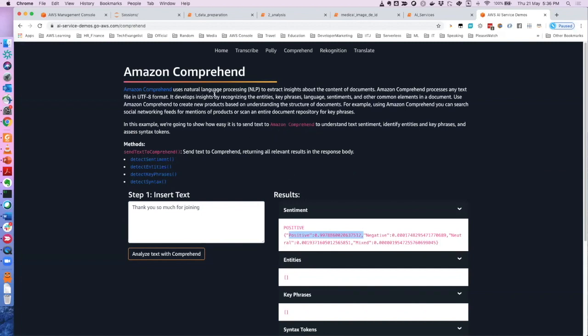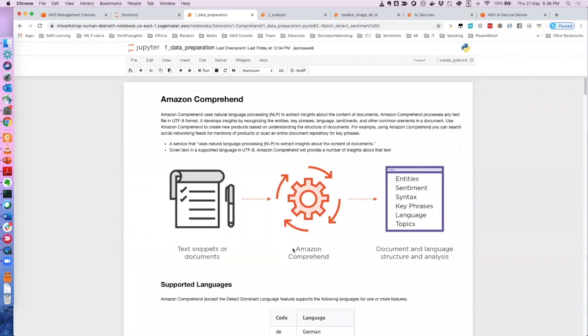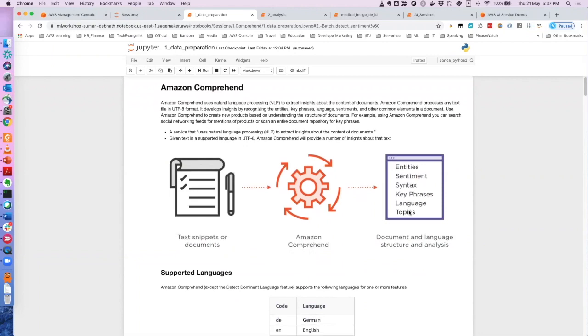Okay, now we can go deep and understand what this Comprehend is and what actually happened when I clicked on analyze text. What happened in the backend? Okay, so Comprehend is a service which can be used for text analysis. When I say text analysis, it can do a lot of analysis, like it can understand the sentiment of the text. It can pick up major entities, and we will see what that means.